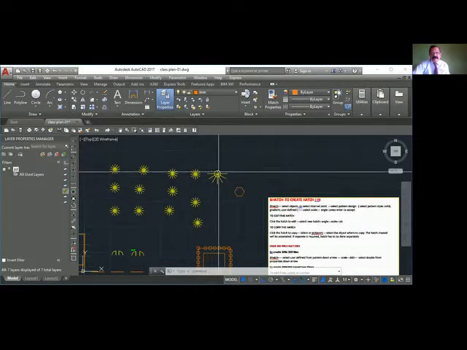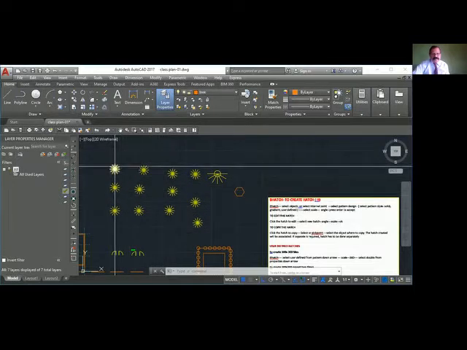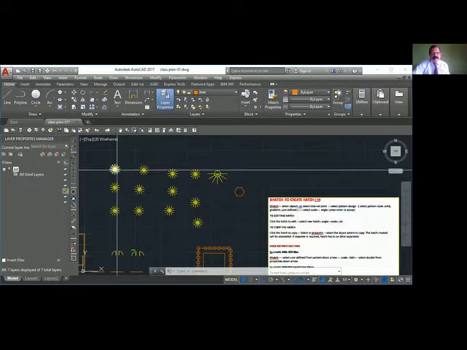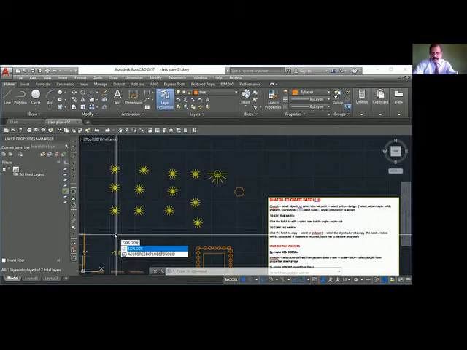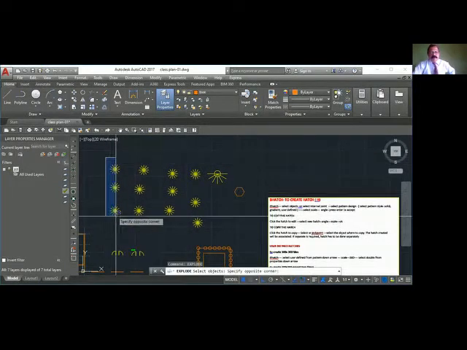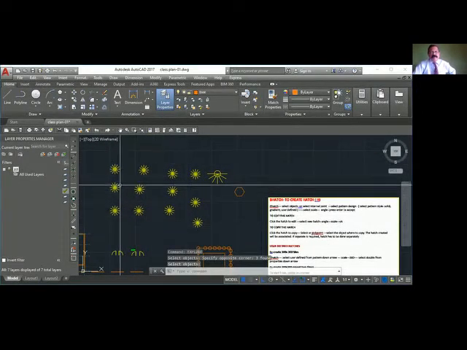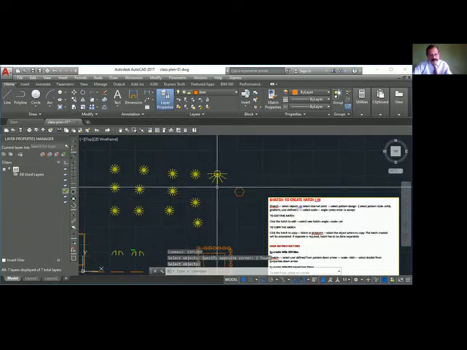Okay. When you redefine, everywhere it will change. But the owner doesn't want to change here. He wants to change only here. So the best method is you explode this. Once you explode, it is not a block at all. Exploded. Now you redefine the block.